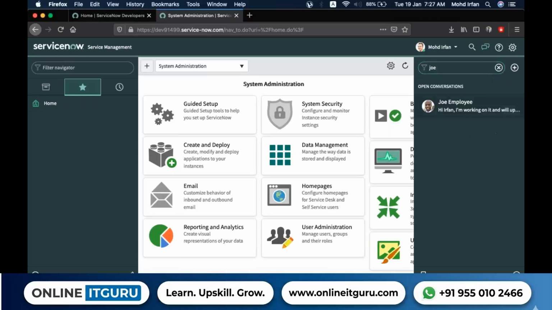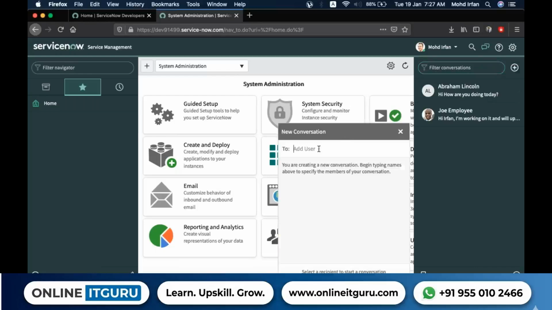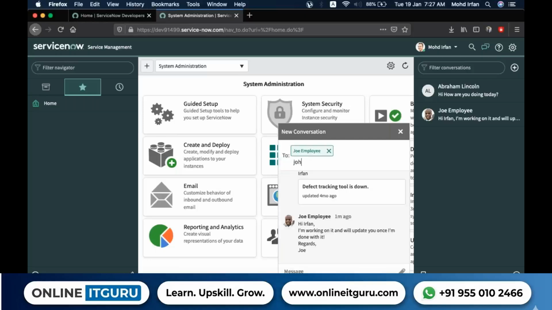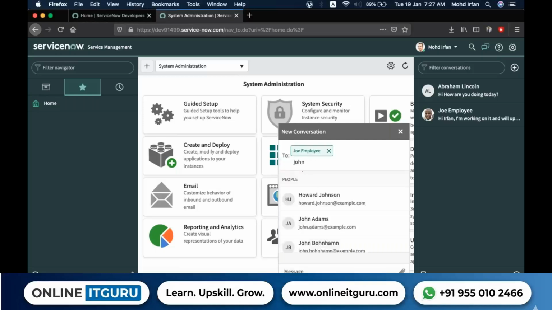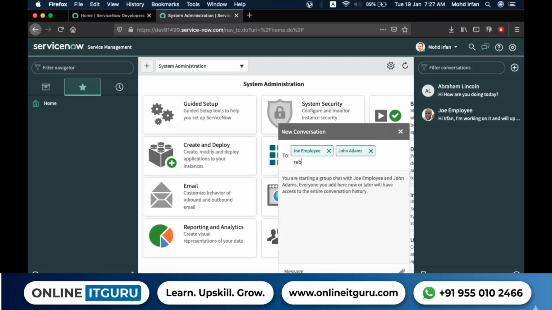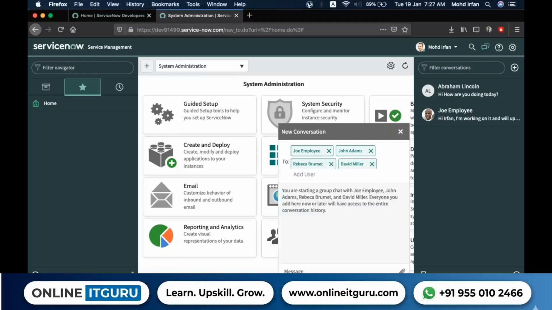Okay, and it has the option to create a group as well. If you want to create a group and add individuals to it, you can do that. Imagine that you click on the plus icon and let me start a group. I want to add Joe Employee, I want to add John Adams, I want to add Rebecca, I want to add Miller, and then I want to add Abraham Lincoln, and